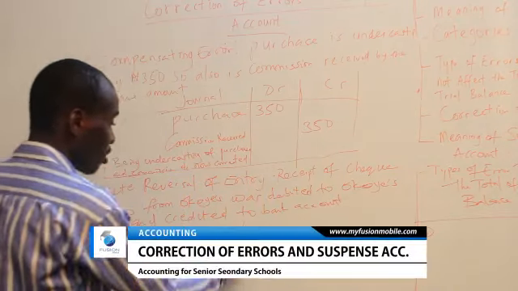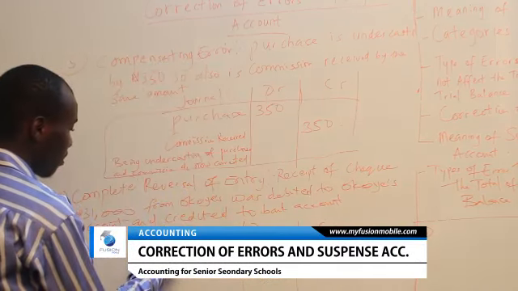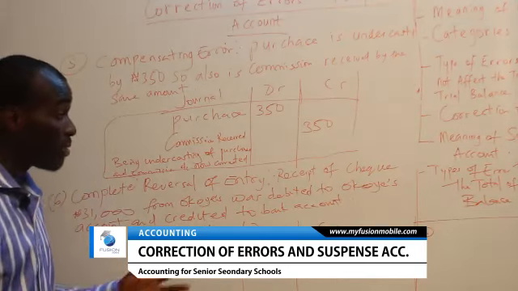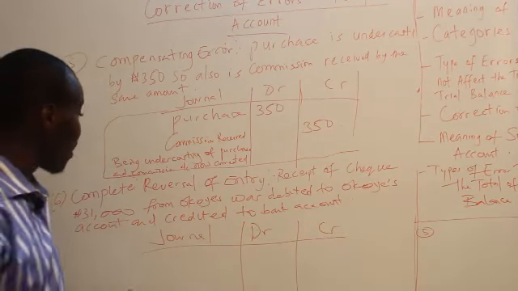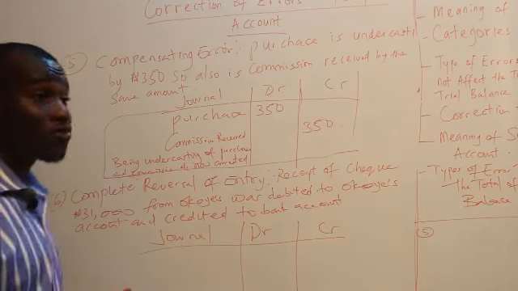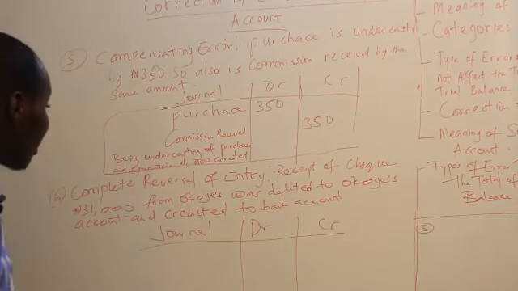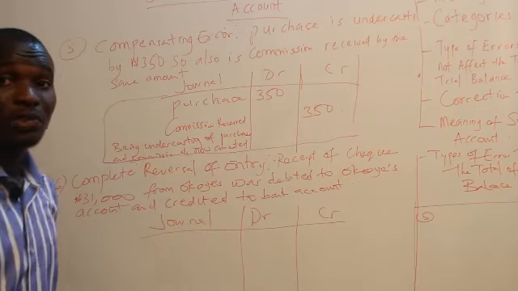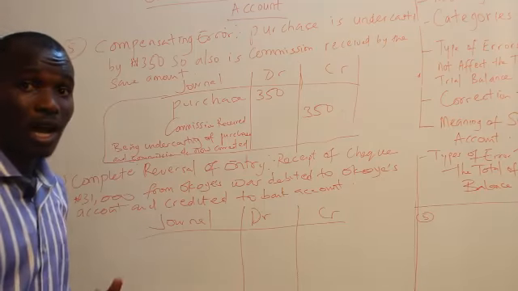So to correct the error, we're going to open the journal account to correct that. We have the journal. So Okoye's account was debited when it should have been credited with 31,000. So how can we correct that? The first thing we are going to do is credit Okoye's account by 31,000 to cancel the amount of 31,000 that was previously debited to Okoye's account. Thereafter, we also credit Okoye's account with 31,000 again. That means we are going to multiply 31,000 by 2 and credit that to Okoye's account in order to correct